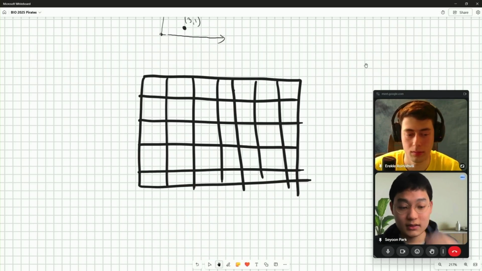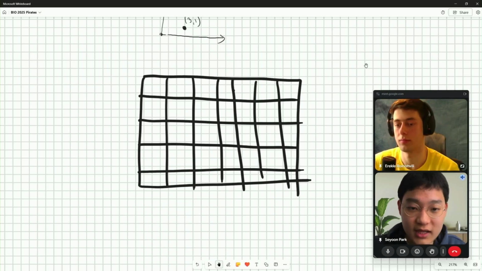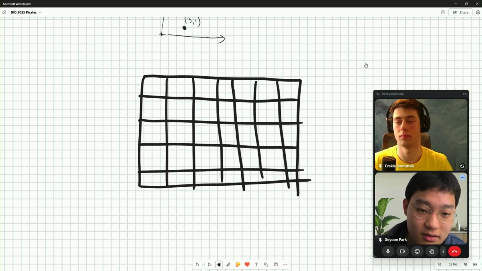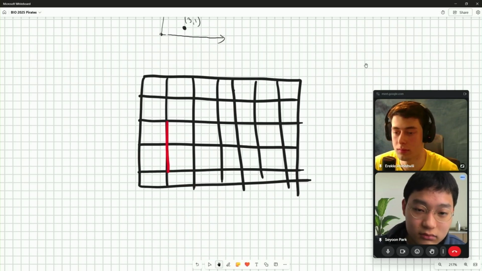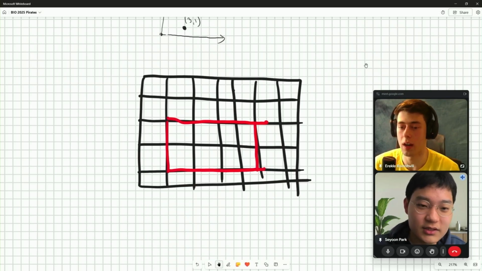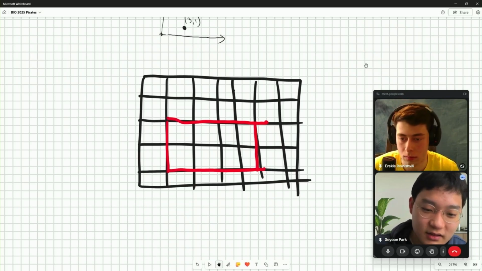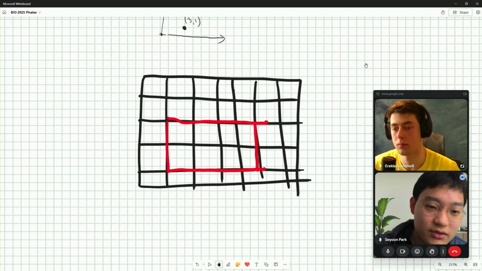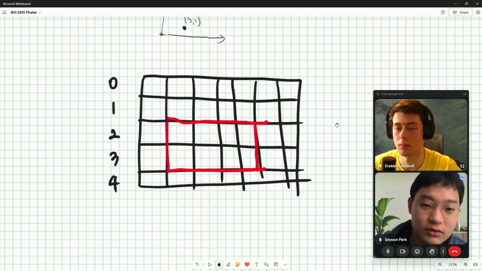Suppose you want to get this rectangle. It would be better if I label the axes: 0, 1, 2, 3, 4, and 0, 1, 2, 3, 4, 5, 6.